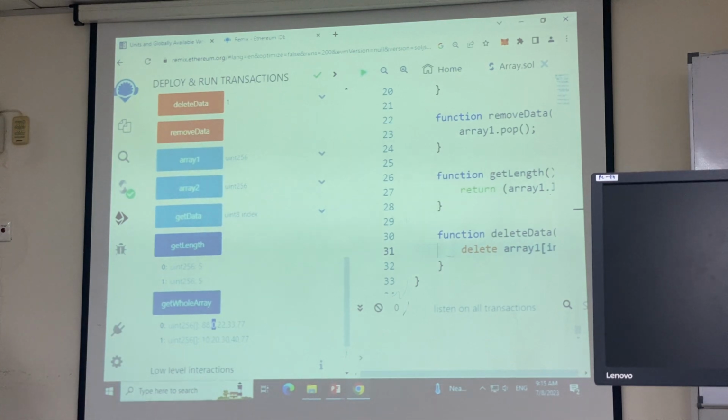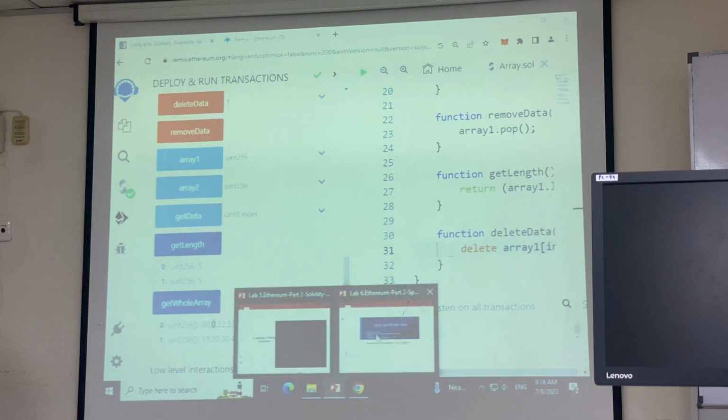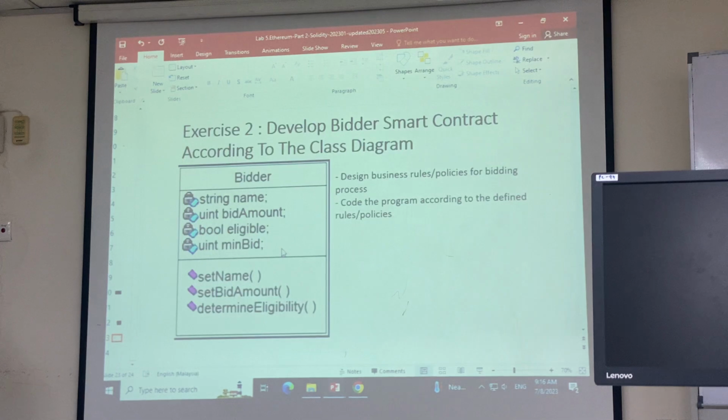So I know I should give you a break. While you're on break, please take your attendance, and we're going to quickly go through this setting to develop the bidding smart contract, according to this class diagram. Only then can we move on to the lab number